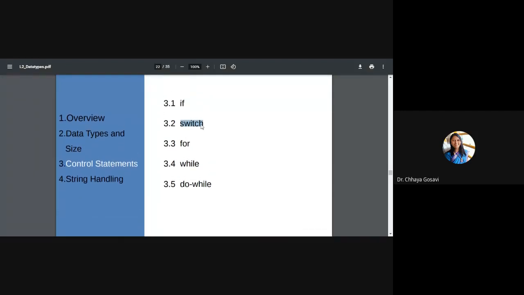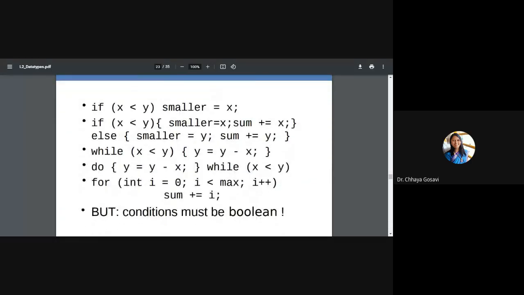So if you are familiar with this syntax, no need to learn anything new for Java. The only thing you have to remember is the condition must be Boolean. The condition should not result in an integer value or some floating point value. It should always result in true or false in case of Java.